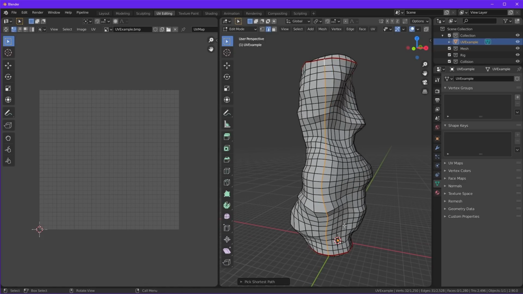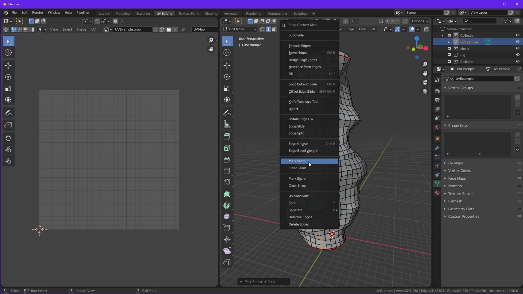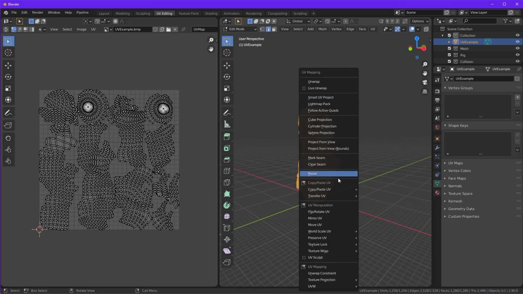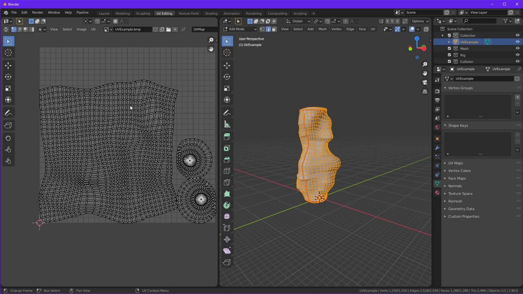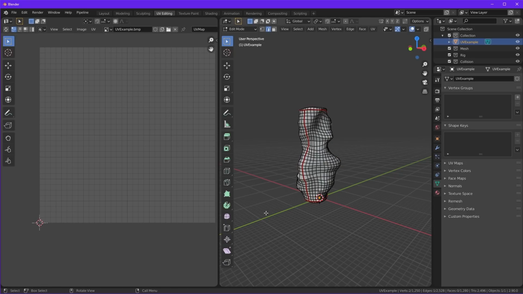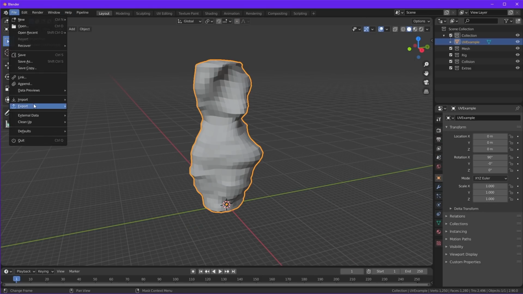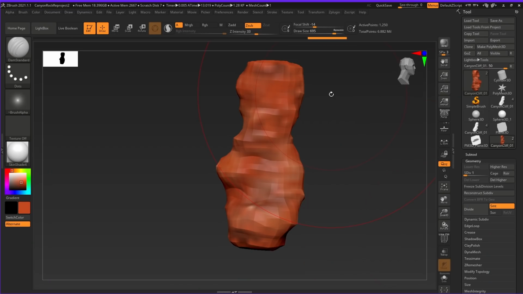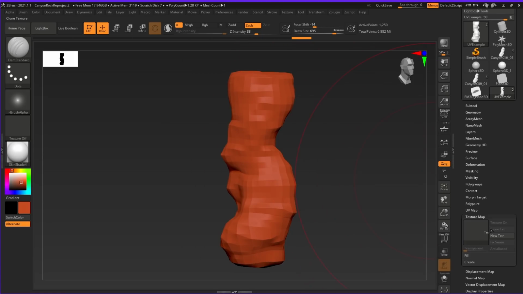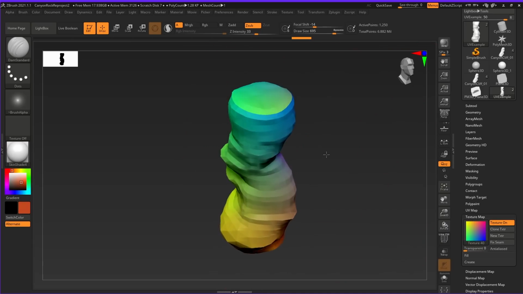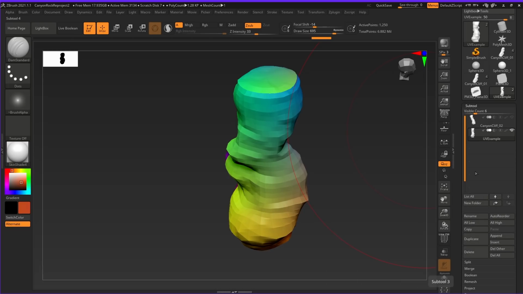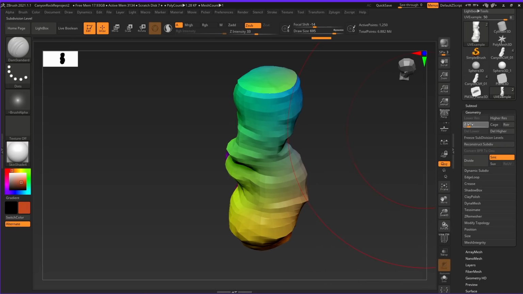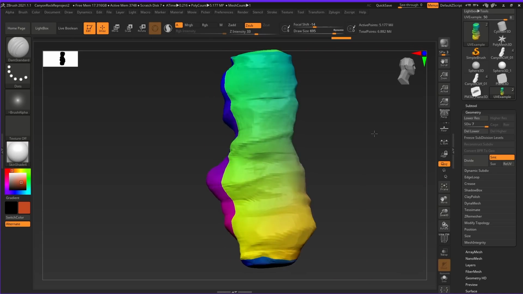I will select this loop, mark that seam, and let's just let that unwrap. And for this example, I'm just going to leave this like this. And once I'm happy with that, I can go back in, export, overwrite my existing OBJ file, import that back in. And if I apply a texture map to this, you can see that we've got our new UVs on this particular object. And I can still go up to my original subdivision level.